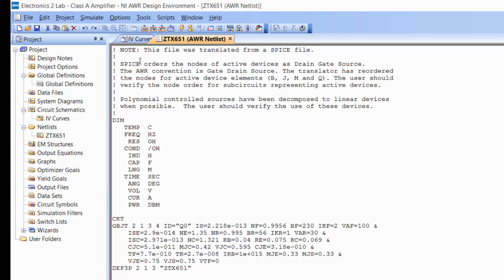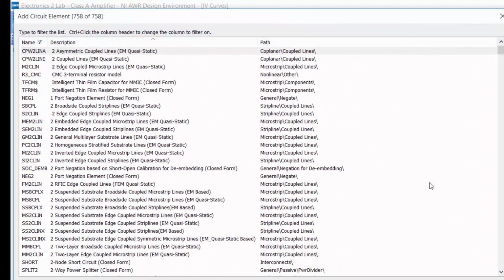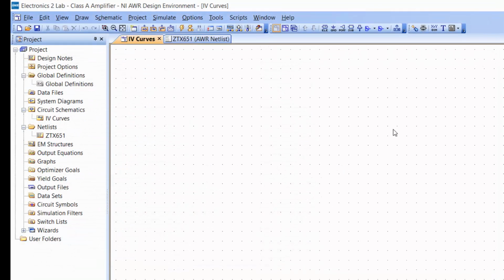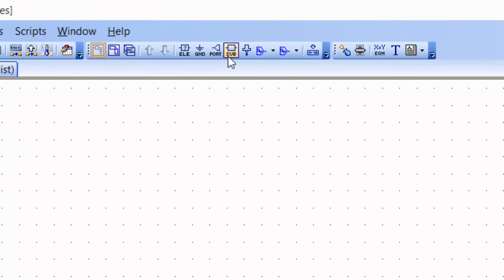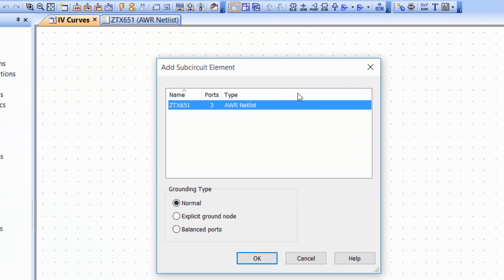So let's go back to our schematic. Now, how do we get the transistor to appear in our schematic? As you know, when you want to get an ordinary element, which is part of Microwave Office, you just press Ctrl L and you get a list of elements coming up. In this case, you can get this model that you've imported in two ways. Either you click on the subcircuit icon in the toolbar, and then this will give you a list of subcircuits